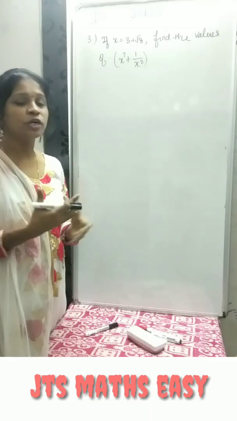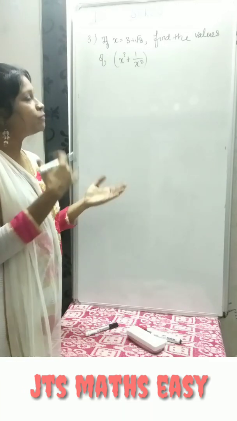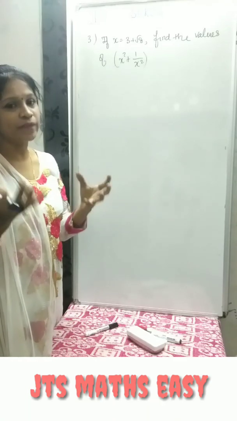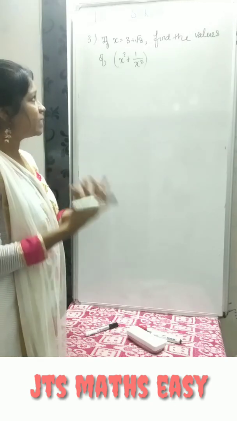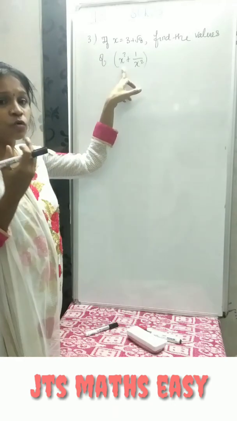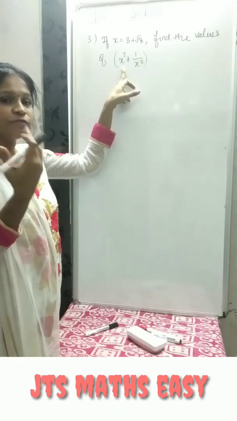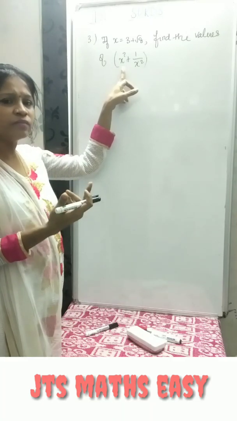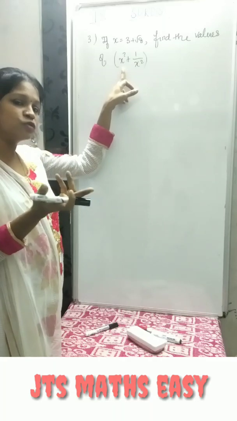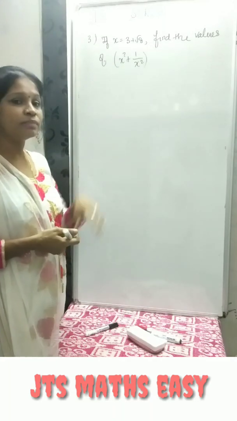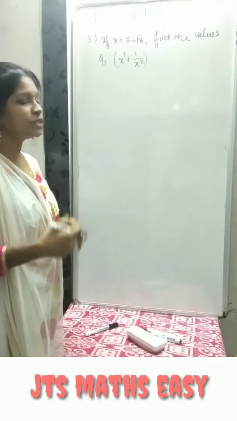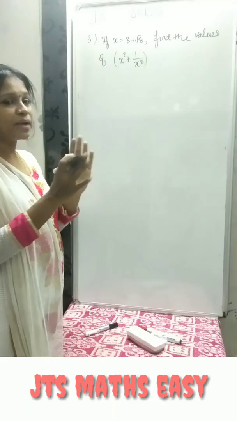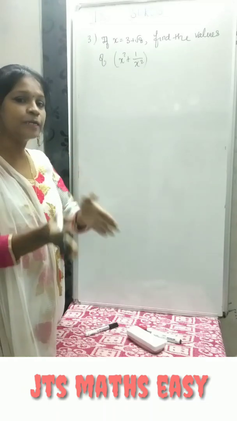If in any surd problem you want to find the value of an expression, definitely they will give you the value of x. Okay, so it's very simple. Look at the expression, what terms are given. If you find the terms separately, at last we will add. That is one way. Actually we have another way also to solve the problem, that is using an identity, but I am not going to do that one today. I am going to explain this step by step, the first term and the second term, then how to add.